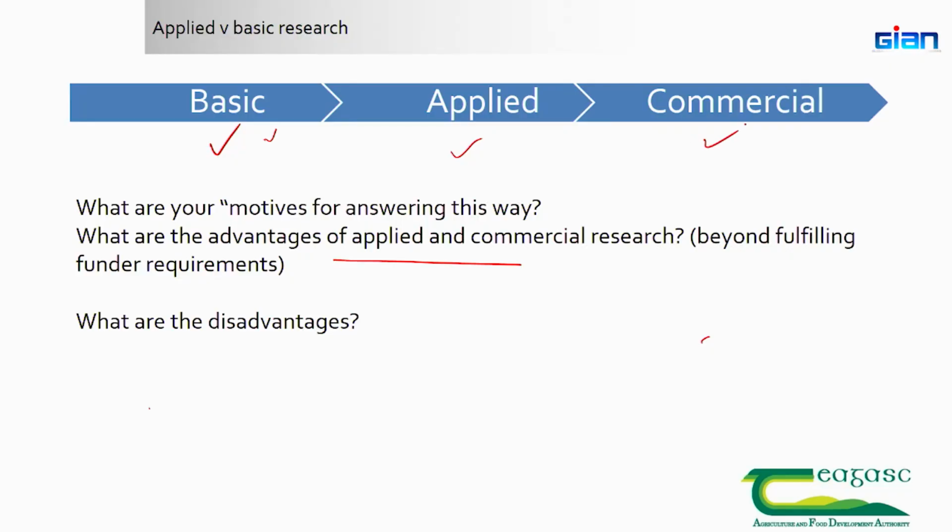I'll give a common example of gravity. When we develop an equation, when you said mathematics, we put a gravity equation, that becomes basic research. When you apply that gravitational force to transfer a product from A to B, that becomes applied research. Then you make an engine, or rocket engine, on this principle, and it is used to test different ways, that becomes commercial. So you have to be very sure what we are doing.